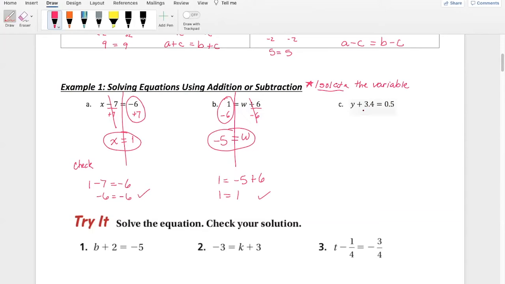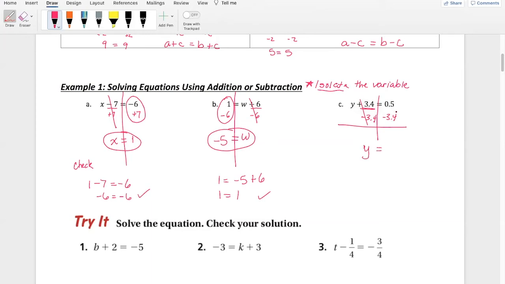Even with variables, we can do the same thing. I want to isolate my variable. However, on this side, that means I want just y on this side by itself. So whatever else is here, I need to cancel it out using inverse operations. So I would want to subtract 3.4. Whatever I do to one side, I have to do to the other. So I want to subtract 3.4 on the other side. Okay, those cancel. And so on this side, I'm left with just my y,